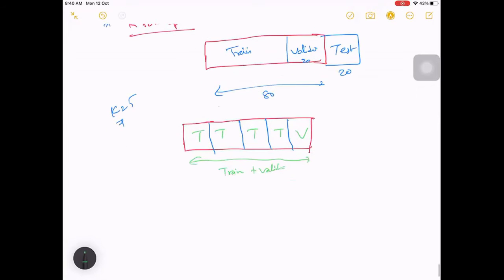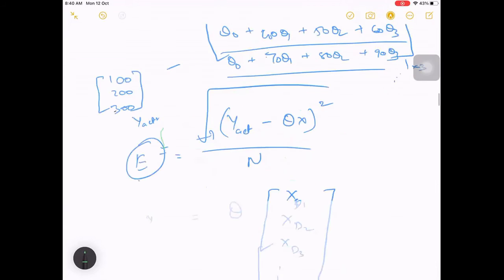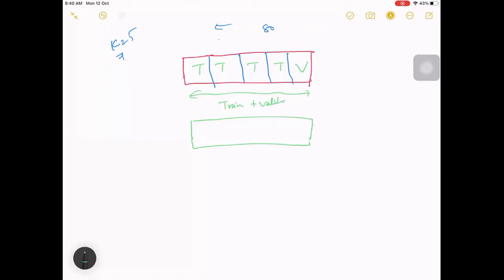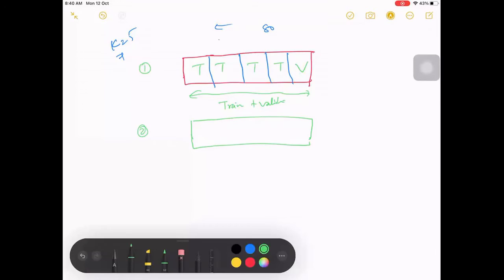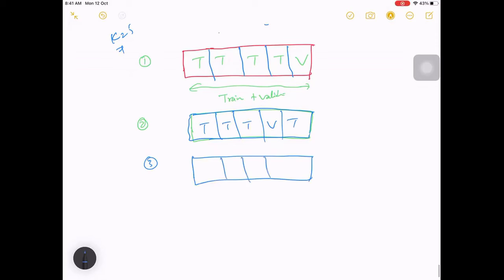Similarly, we also have other splits. This time, previously the fifth part was taken as validation, now the fourth part will be validation and the fifth one will be training. Similarly for the others.